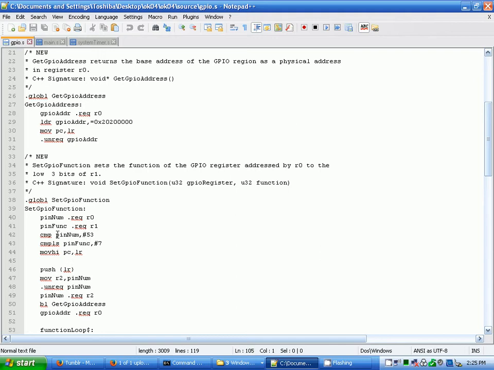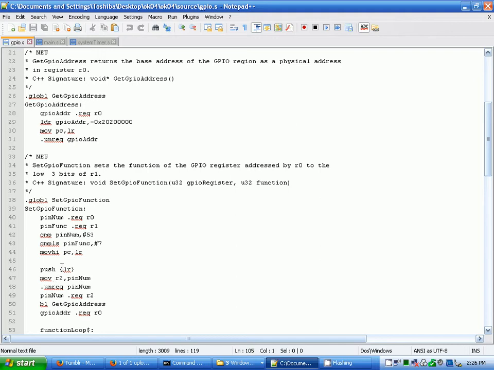Then it compares the pin number with 53, which is from 0 to 53 pins, and then it takes the pin function, which is 7, which takes from 0 to 7 for each pin out of 53, and then it does move high PC, move high, and then returns the address to the program counter,